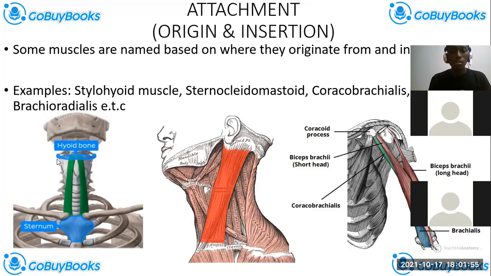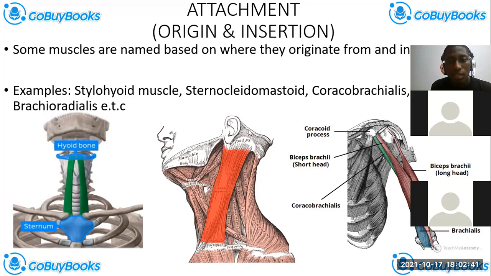Now to the stylohyoid, which is going to be around, if you look closely at this picture, I don't know if it's clear to you, if you can see it very well. It's coming from the styloid process of the, I don't want to confuse you guys. Anybody that has done head and neck can appreciate this, yeah? There's a styloid process from our temporal bone in the head, part of the bones that make up the head. It comes from the styloid process to the hyoid bone. It's coming from somewhere around there to insert here. So that's the stylohyoid muscle. The sternohyoid comes from the sternum to the hyoid bone. That's why they call it that. Now, let's move forward.